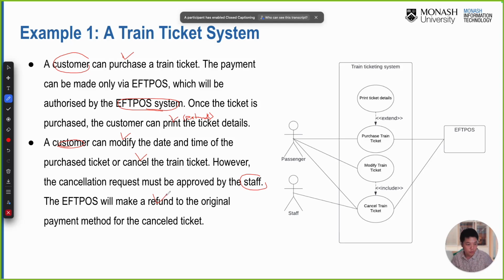Another use case or not, okay? We will make a refund to the original payment method for the cancelled ticket. So refund is part of the cancellation request, okay? So maybe we need it or we don't need it, depends. All right. Now we know who are the